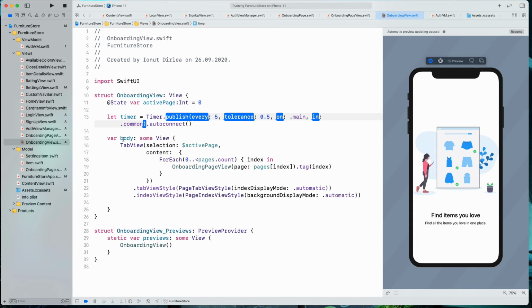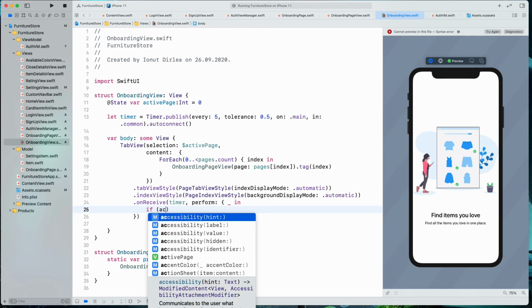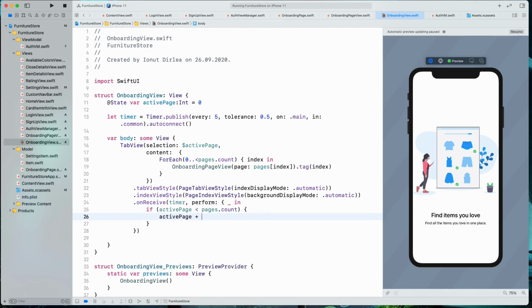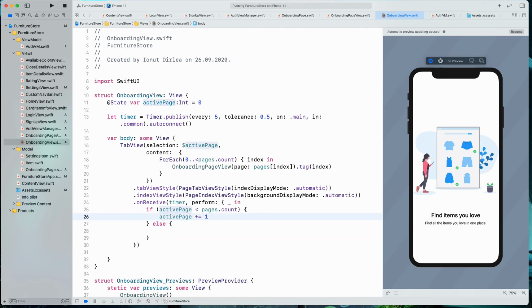In order to receive the published events, whenever the timer publisher publishes them, we need to use the onReceive modifier, and the publisher will be our timer. And here we'll use an if, and we'll say if active page is less than pages.count, then we're gonna increment the active page with 1. Else the active page will be 0. We're gonna return to the first one,